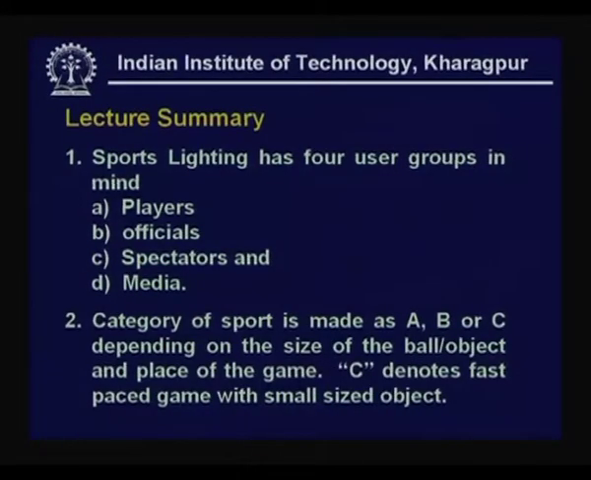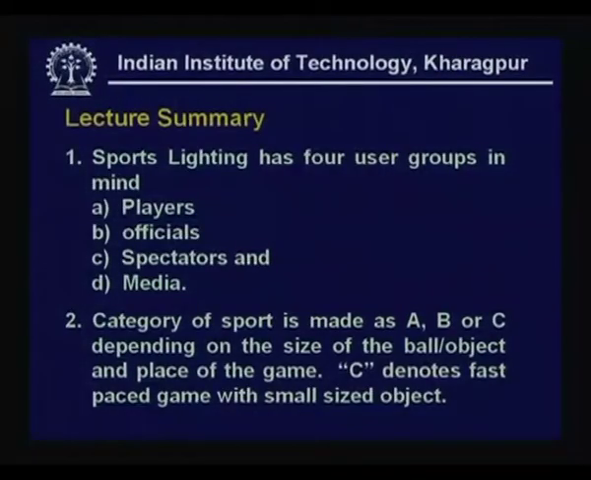Category of sport is made, category or grouping of the sport is made as A, B or C according to CIE, depending on the object or the ball that is being used for the game and place of the game. Here C corresponds to the fast paced game with small sized object, and A corresponds to a large sized object with slow pace. That is, athletics have been grouped under group A, whereas tennis was grouped under C and badminton